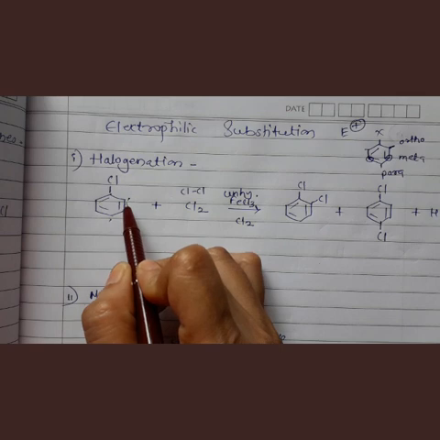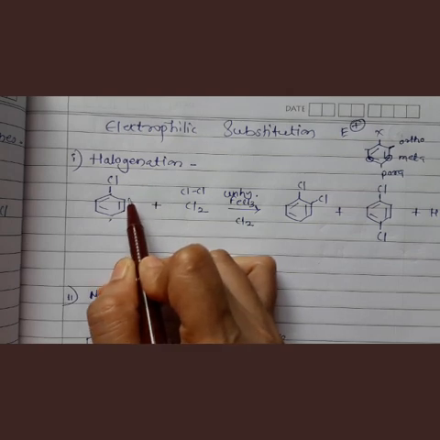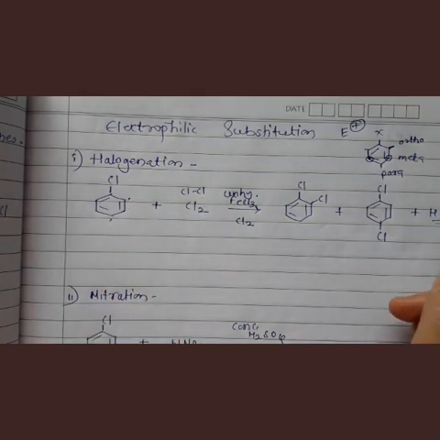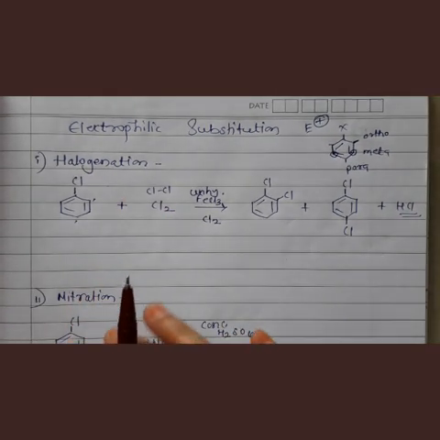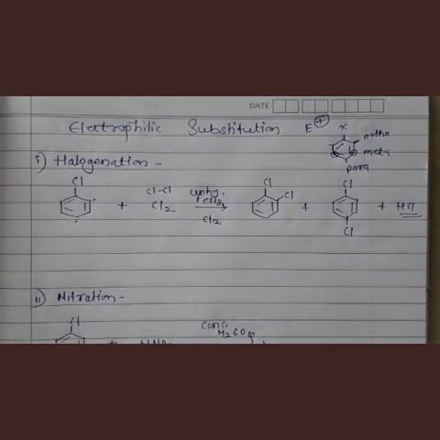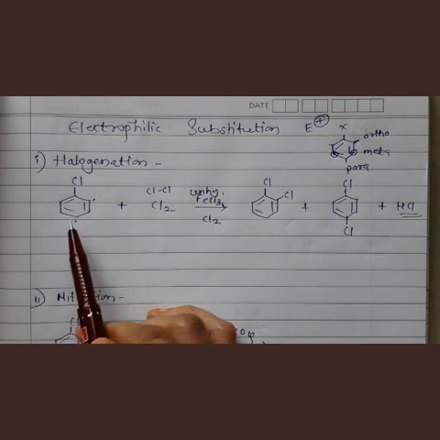On benzene ring hydrogen atom was there. That hydrogen atom is replaced by this chlorine. Chlorine has taken place of that hydrogen. So वो जो hydrogen है वो एक chlorine के साथ bond बनाता है, HCl form होता है. Understand? So this is halogenation of aryl halide. This is first electrophilic substitution. Simply एक halogen यहाँ दिखाना है, एक halogen यहाँ दिखाना है, एक electrophile यहाँ, एक electrophile यहाँ.